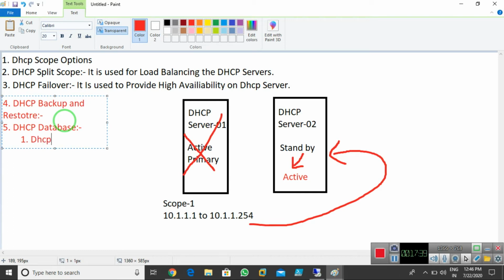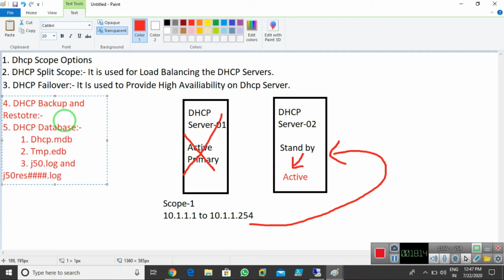Number 1 is dhcp.mdb. It's a database file, the main database file where DHCP saves its scopes and everything. Second is tmp.edb. Third, we need to understand the file names j50.log and j50res###.log.